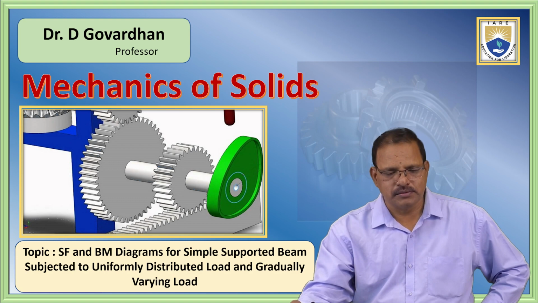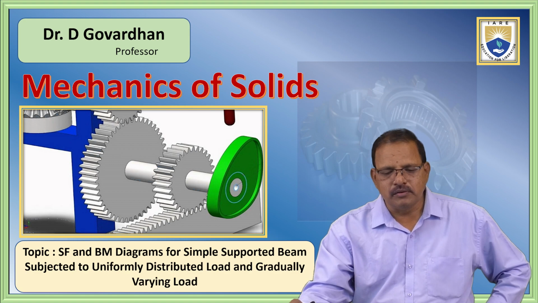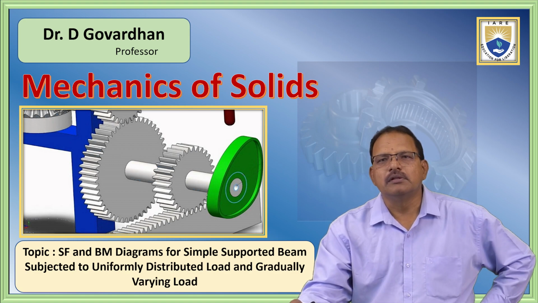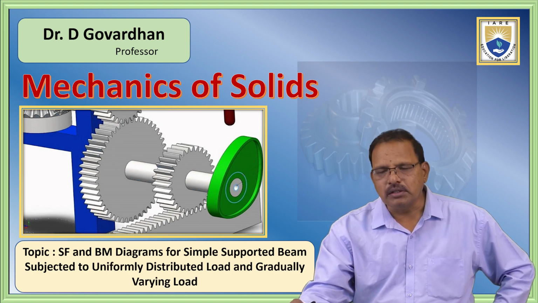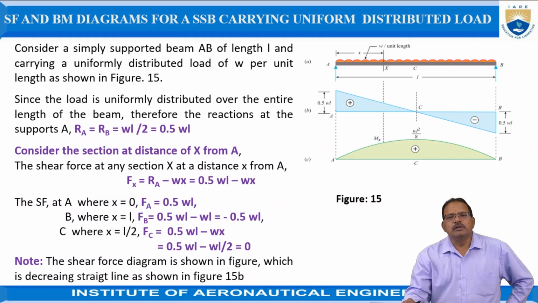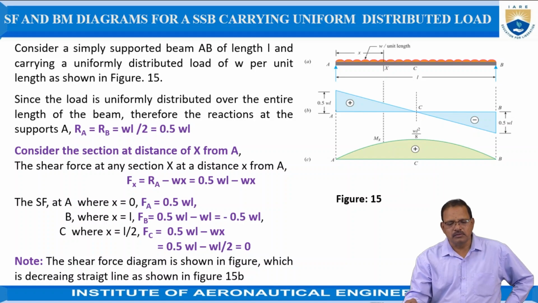Today the topic is shear force and bending moment diagrams for a simply supported beam subjected to uniformly distributed load and gradually varying load. Here the simply supported beam is a beam which is supported freely on two supports at its ends, as shown in figure. Generally it carries point loads, uniformly distributed load or gradually varying load, or it may be the combination of